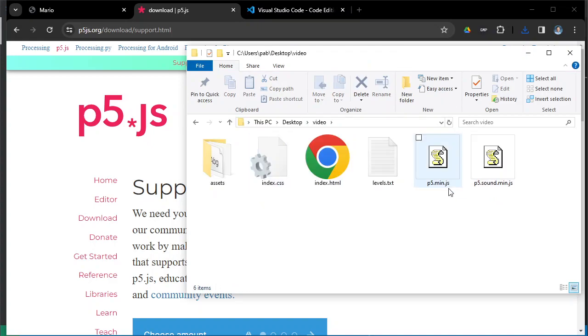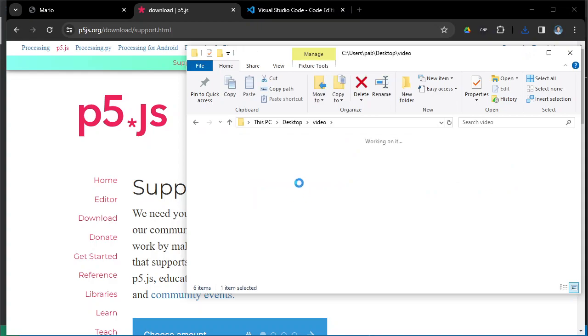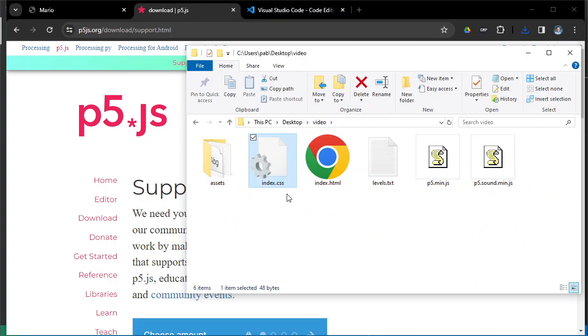And that's all ready to go. So those are the files that we need to make p5js work. So your file and folder configuration should now look like you have an assets folder with all of your artwork. You have an index.css, an index.html, your levels file, levels.txt that you made after the previous video, p5.min.js and